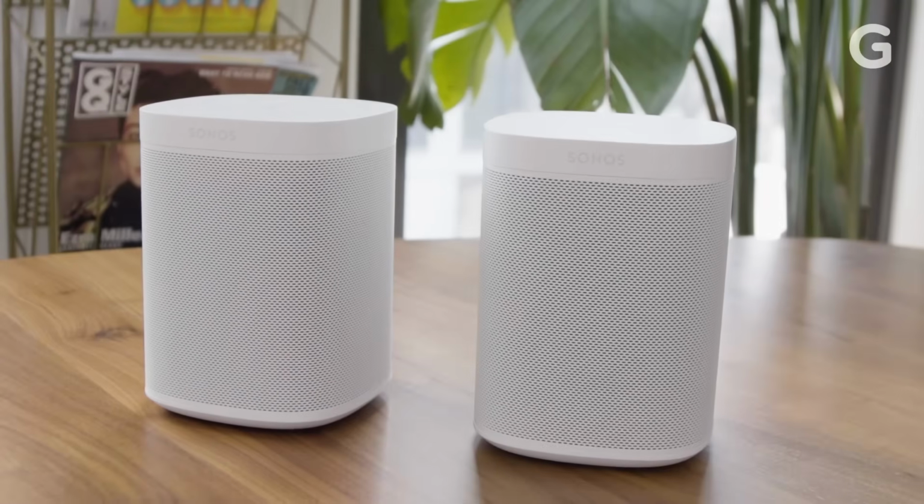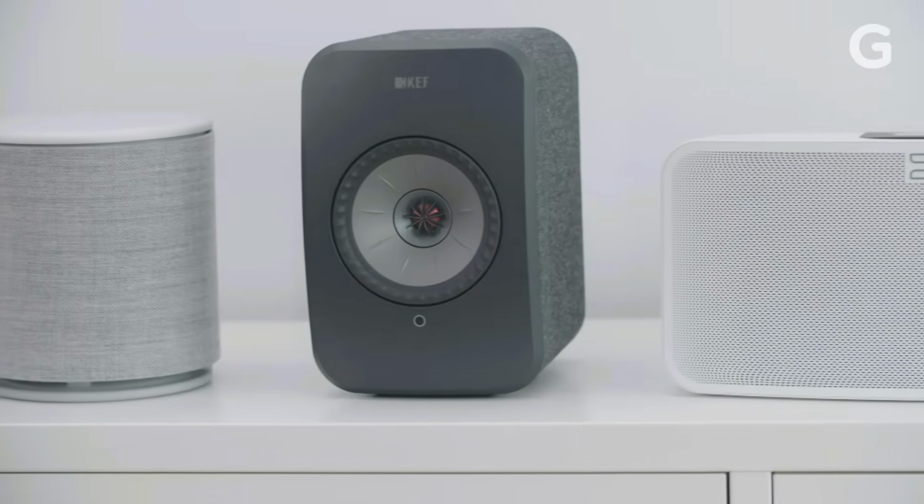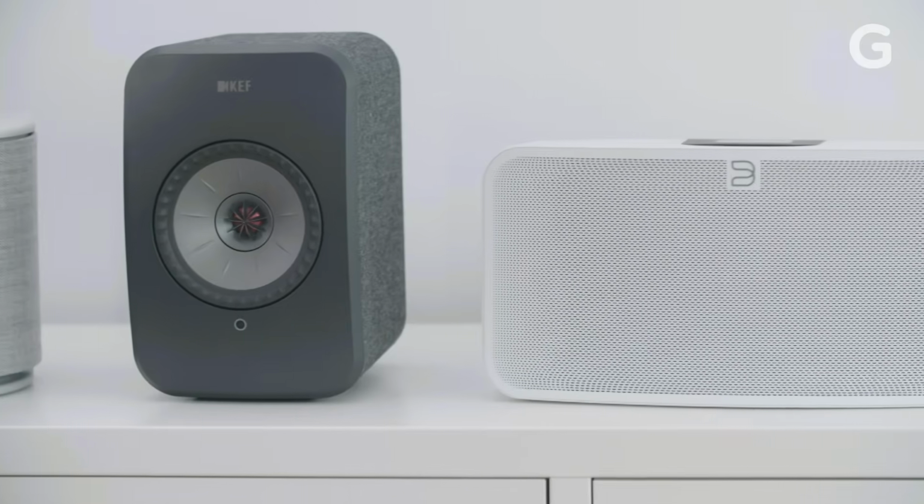You can get two Sonos One speakers for $400, and for a lot of people who are just starting out or on a budget, this would be a very good option. But what if you double that budget and throw in a few more bucks? Can you really get a system that sounds so much better or offers so many more features that it's worth